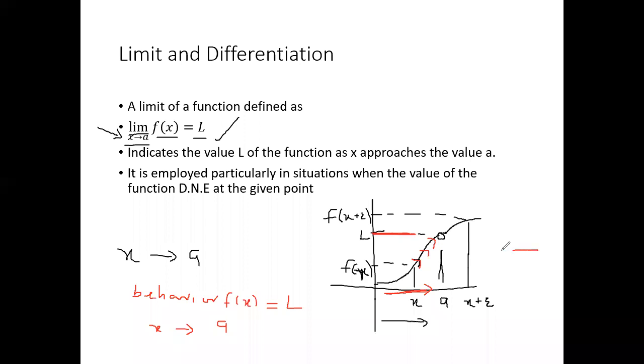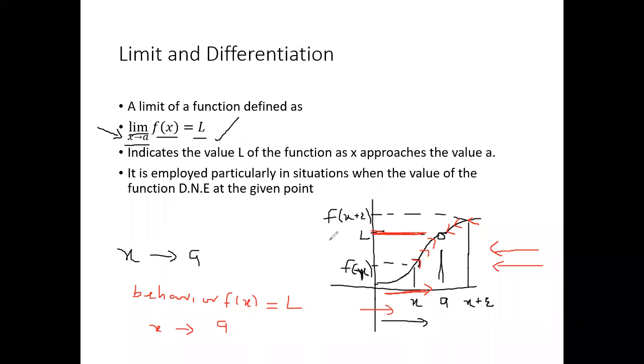Now, if we were coming from right to left, let's examine the behavior of the function. It is going down, decreasing to the same point. It appears to be hitting the same point, which is what? The same value of L. So because we are approaching L when we come from both the left hand and the right hand, we can say that the limit of this function, the behavior of the function as we approach A,